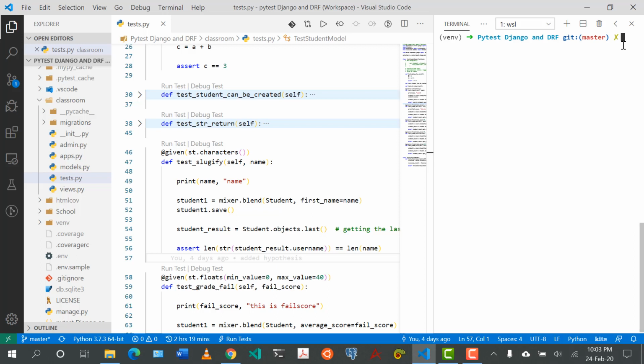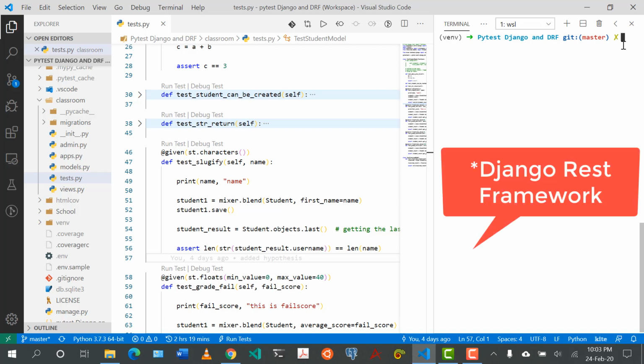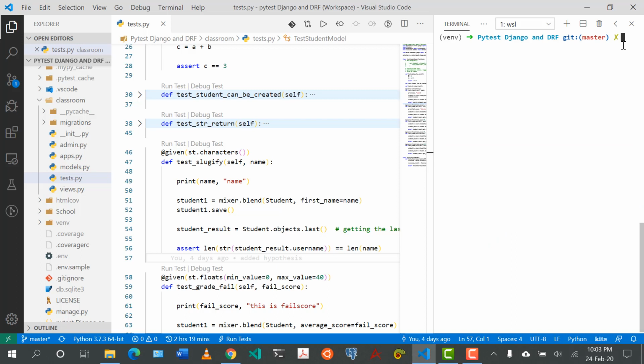In the last video we looked at hypothesis and how the hypothesis package helps us test edge cases that are otherwise difficult to notice when you are writing your code. In this tutorial I'm going to quickly set up Pytest. We are going to write some serializers and some views. Again, I'm going to assume that you have some basics of django-rest-framework, which is what we're going to test now